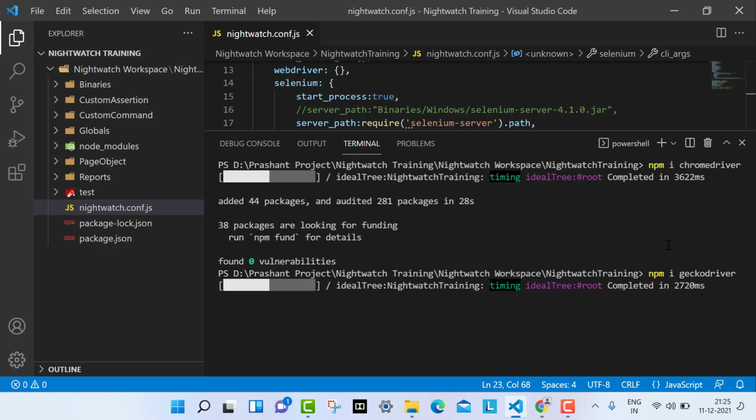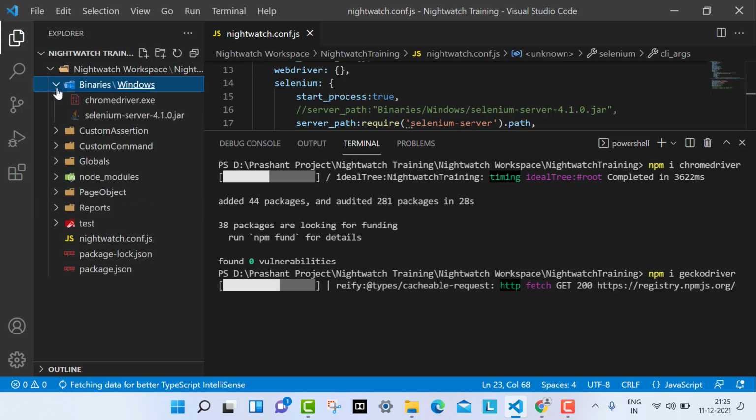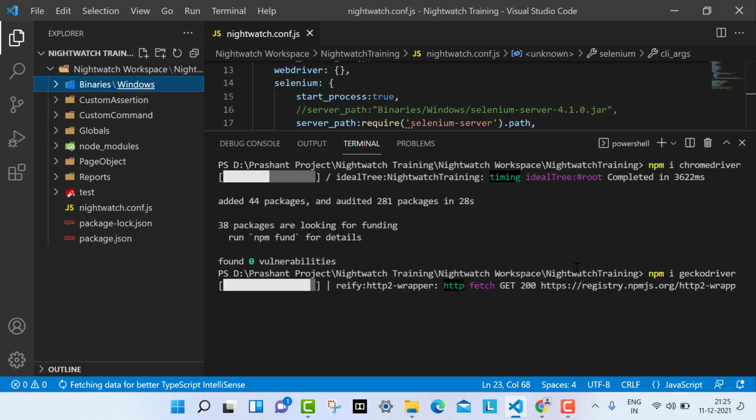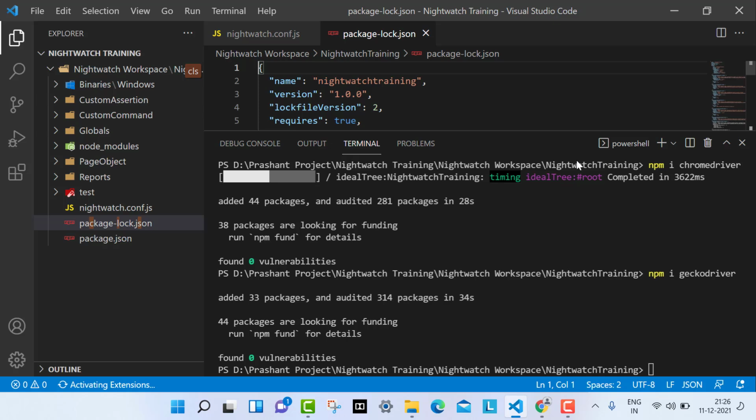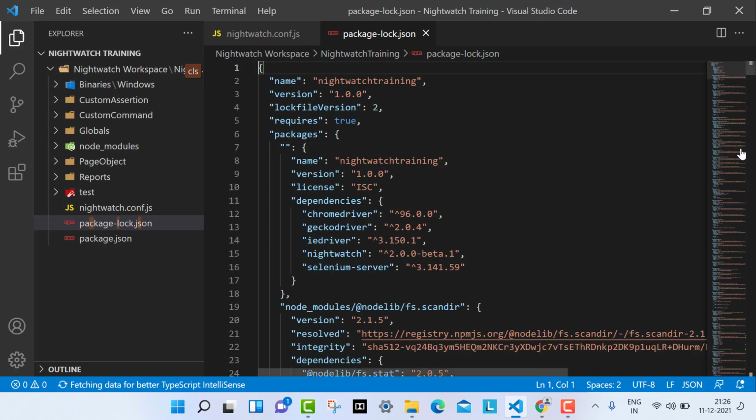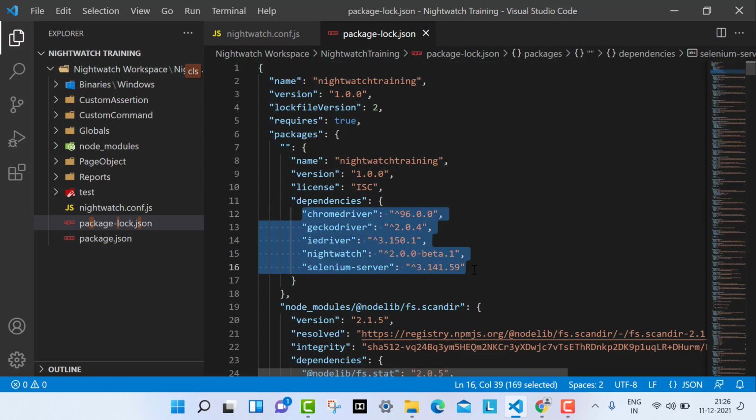By using npm, it will automatically install the driver package. But I'm going to use the binaries here. There is some different benefit of using that. If you are using the binaries, suppose you are moving to a different server and there is no internet, or some restriction is there to download, then if you have the binaries, you will not get any issues. So that way it will be good, if the binaries are already available for your project.